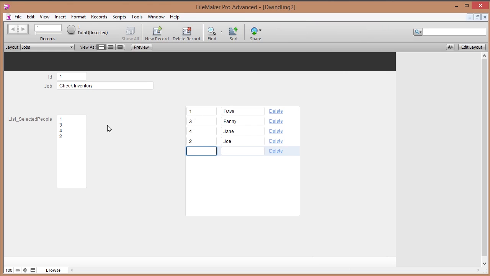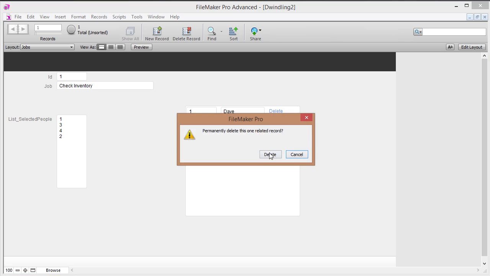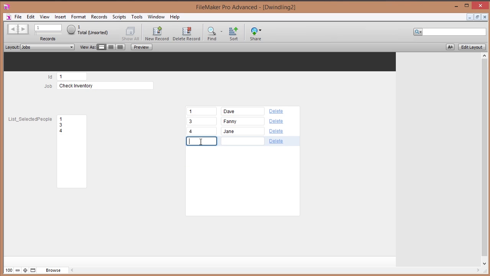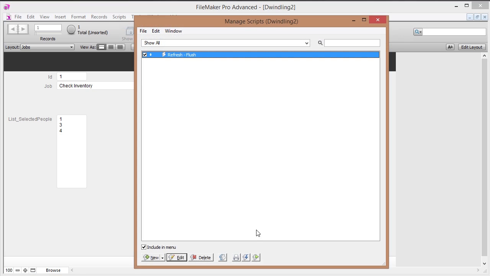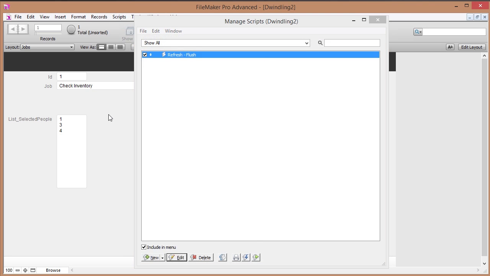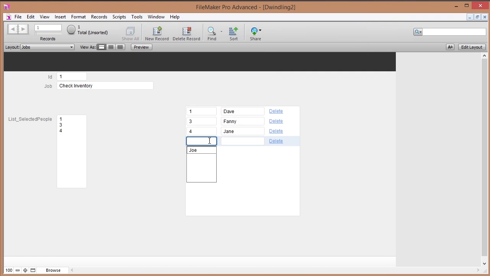This relationship has now been refreshed, and actually what I have to do is force this refresh to happen every time I select someone, because if I delete someone now, I still don't have my drop down. I still have to first go to my script and do this refresh